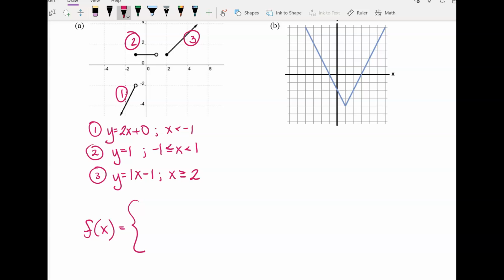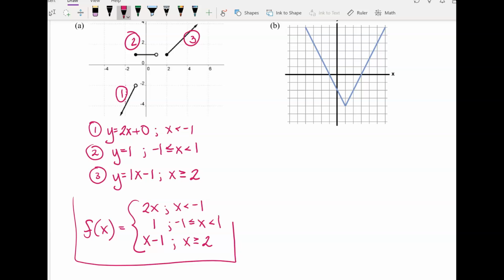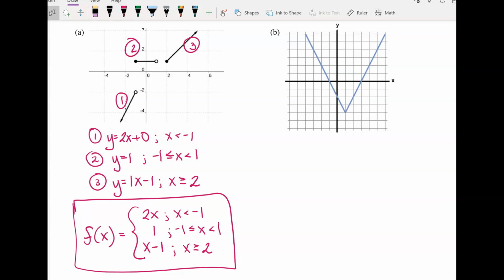Okay, so f of x is equal to 2x, f of x is equal to 1, f of x is equal to x minus 1. It is equal to 2x when x is less than -1. It is equal to 1 when x is greater than or equal to -1 but less than 1. And it is equal to x minus 1 when x is greater than or equal to 2. Boom. If you are not comfortable with piecewise functions, I highly suggest numbering the pieces and going through it piece